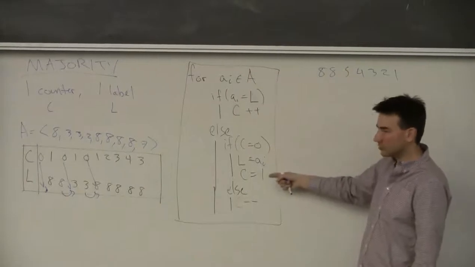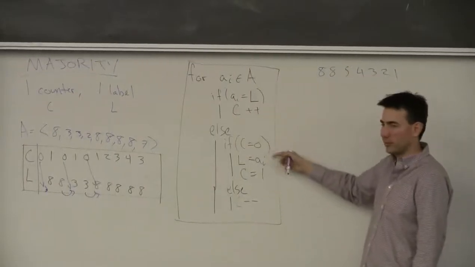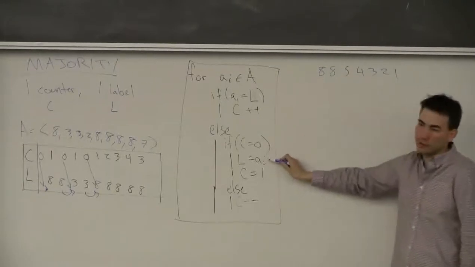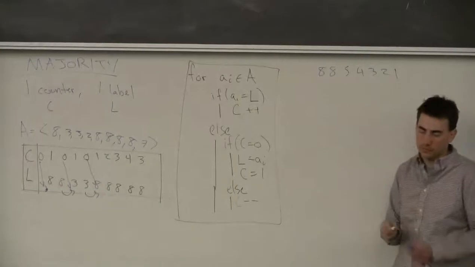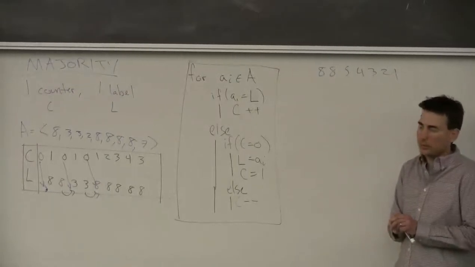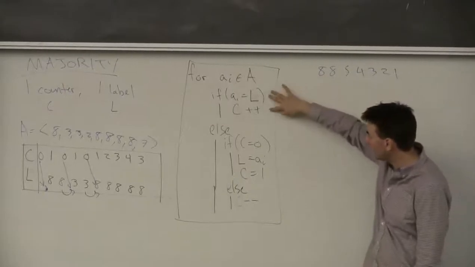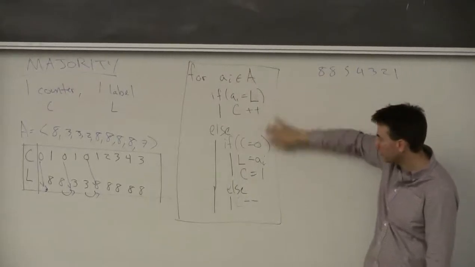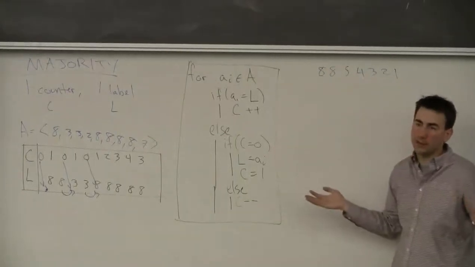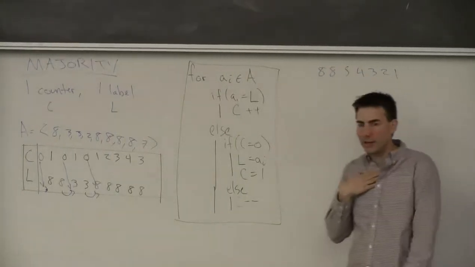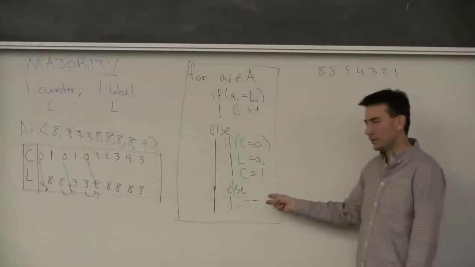The other possibility is that I see it and I reach this state. Well, here I'm essentially incrementing the counter with the label again. This also counts as an increment. I end up with the right thing in the label, and I increment the counter from 0 to 1. Right? So if every time I see the element and it hits this part or this part of the if condition, then I've incremented my counter.